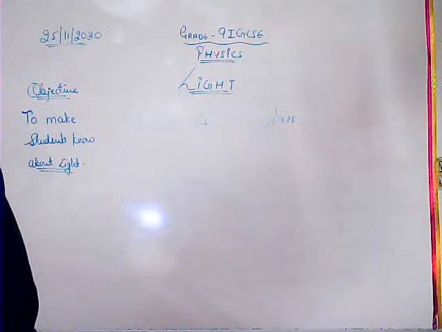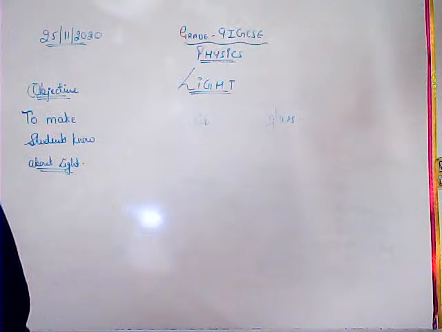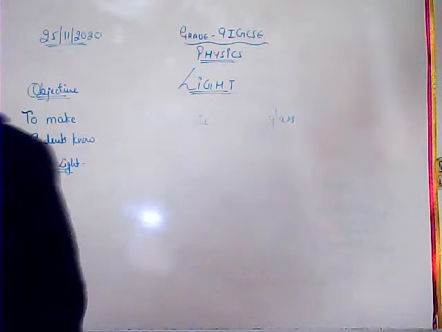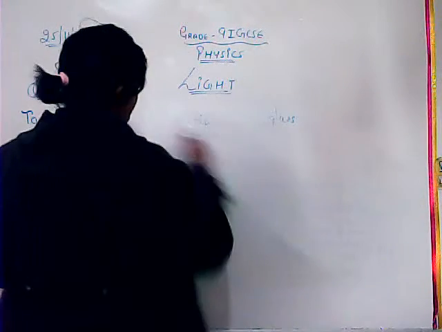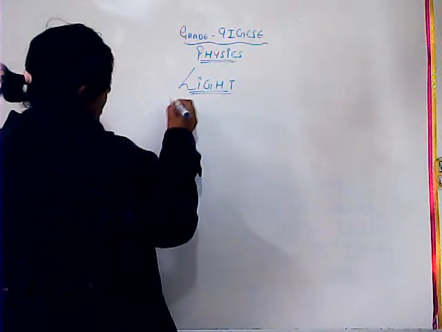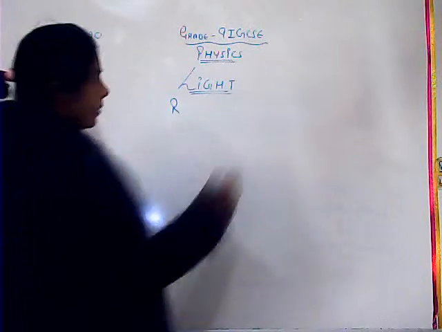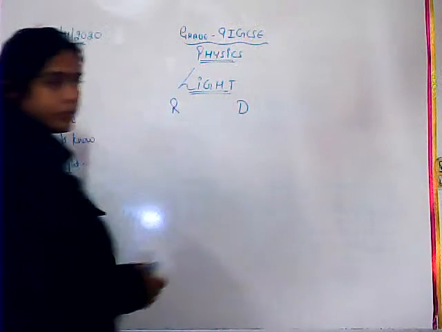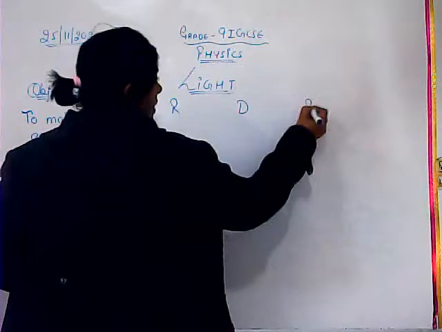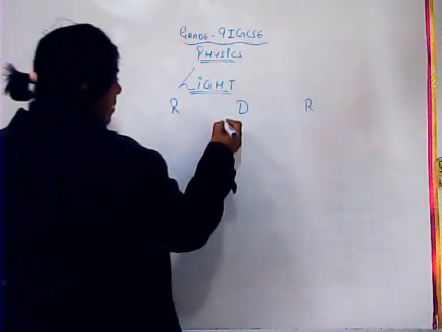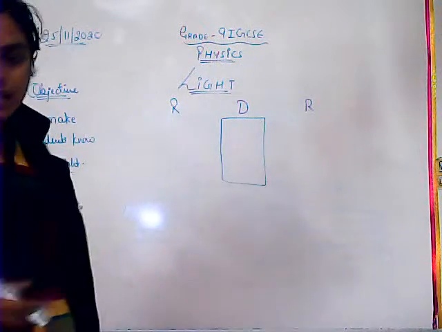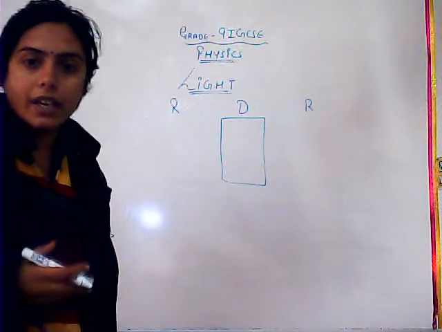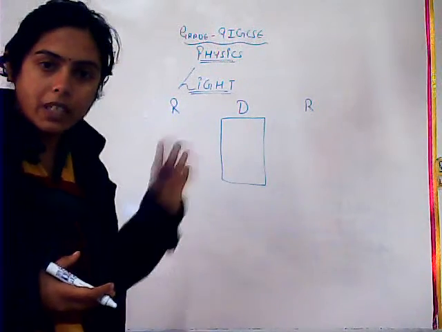When the block of the glass has parallel sides, the light resumes its original direction as it passes through. Okay, let's have it on the board. You have a rarer medium. ठीक है जी. उसके बाद आया डेंसर मीडियम. उसके बाद फिर से कौन सा मीडियम आया, रेयर मीडियम आया. लेट्स से यहाँ पे आपने रखा हुआ है अपना ग्लास. ये क्या है, ग्लास है. मॉलिक्यूल ज्यादा है, सॉलिड है, तो डेंसिटी ज्यादा हुई, तो हमने डी लिख दिया.